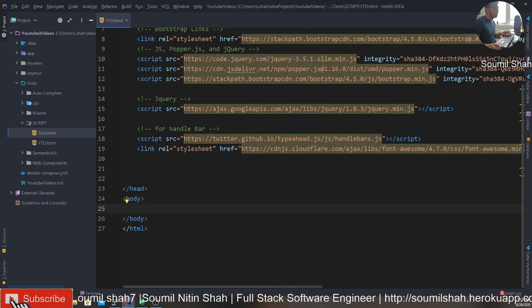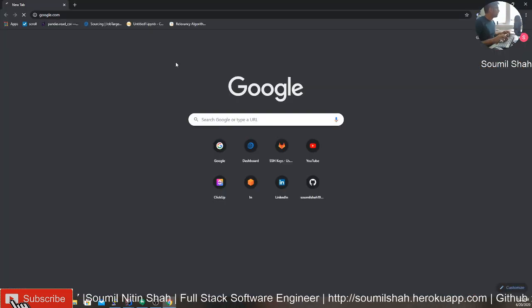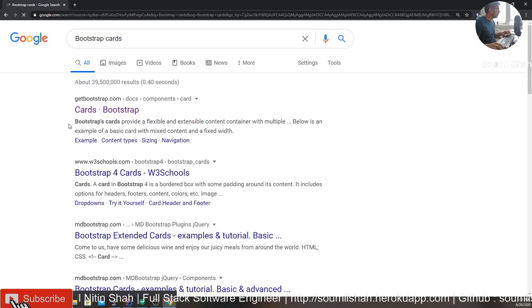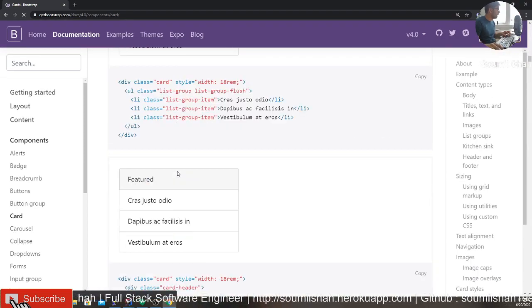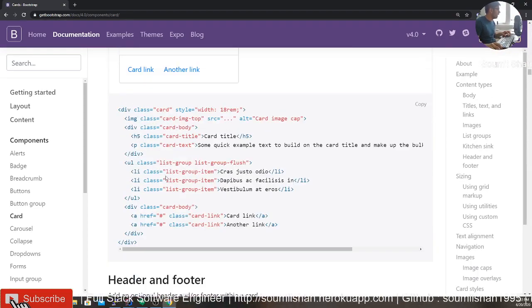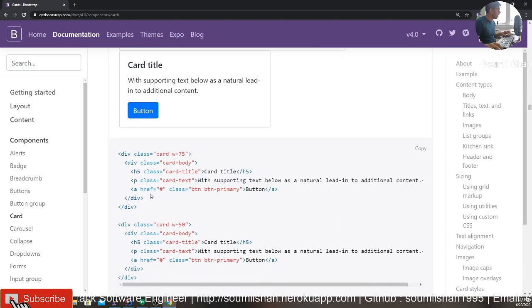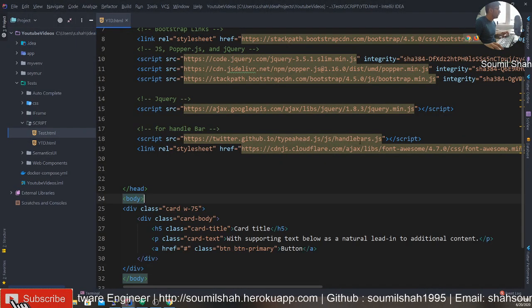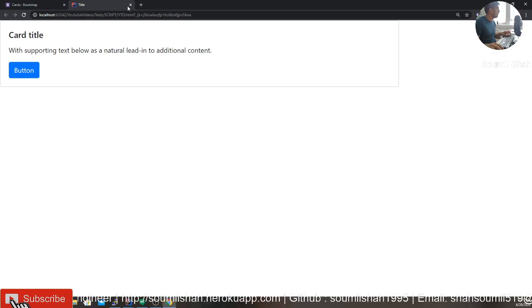Now, if you walk over to the Bootstrap website and Google Bootstrap cards, I'm just grabbing the snippets from right there, and then we'll use Handlebars and so on to achieve this functionality, and we'll connect to local storage as well. You can see I can copy this, so let's make sure that this works. I'm going to start this in a new browser, and sure enough, it works.